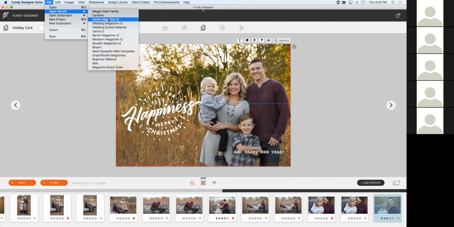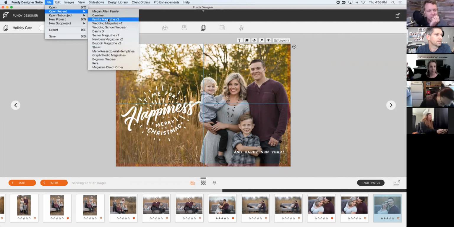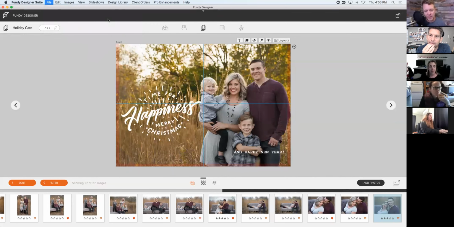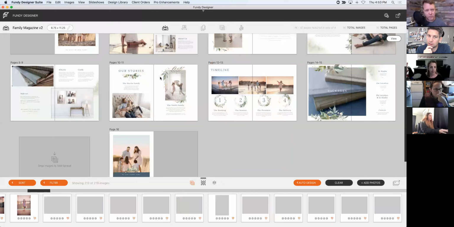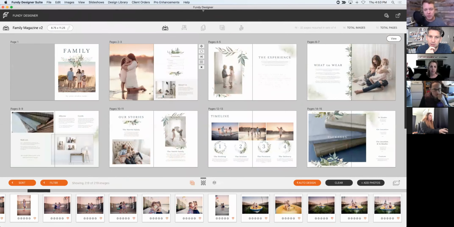So in the business, the first thing we really concentrated on was our design functionality, being able to design everything. And then we've really worked on the IPS functionality with the slideshow and the order builder and working with all of the studio management systems and all of that. And then this year when we launched, we really wanted to focus on marketing items. Cool. So things that help people in their marketing. So we launched our studio magazines